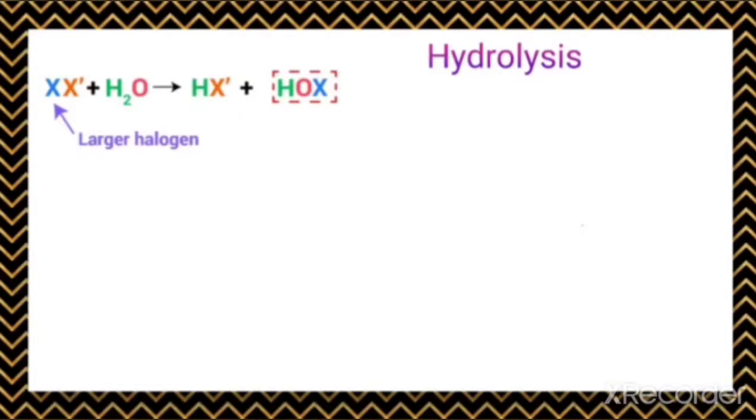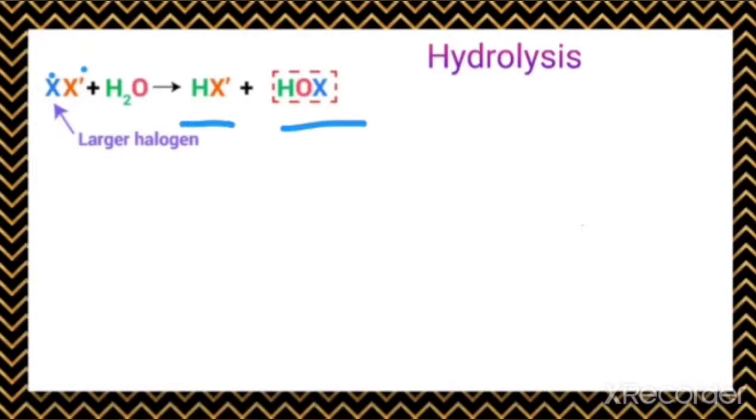Now when you check this in the colored form, X, the larger halogen, is giving rise to the acid, that is you can see HOX, and the smaller halogen is giving rise to the halide. It is very important to note this point: in this general equation the larger halogen in the interhalogen compound is forming the acid